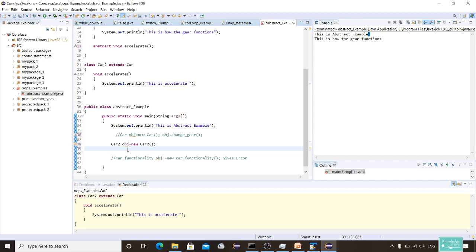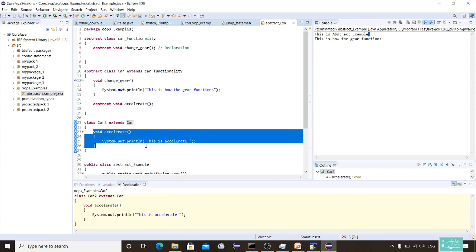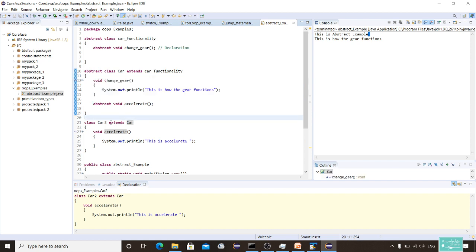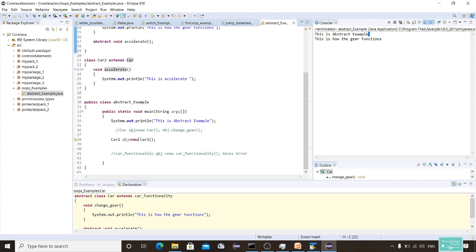Okay, now it didn't give me any error. See, now I have a car2 object which is extending car. That means this car2 object can access this accelerate method as well as this change gear, because this is a derived class which is extending car, and in turn this car is extending the car functionality, right?